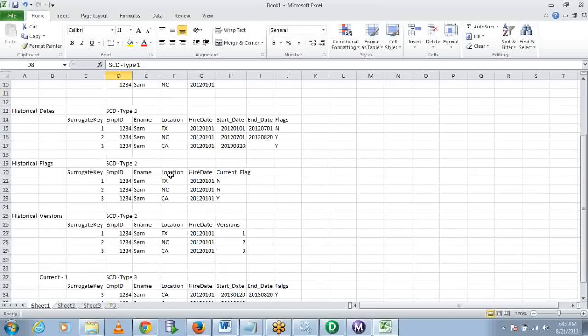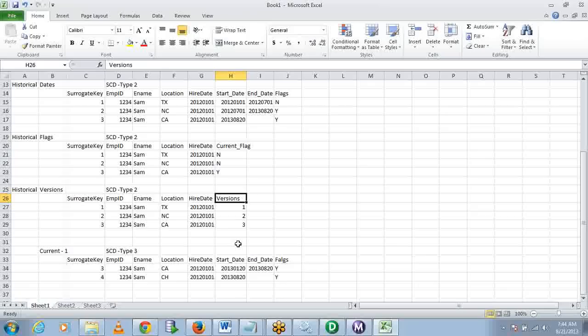Okay, so within type 2 you have three varieties: start date and end date, current flag, and versions. Start date and end date will give you a clearer picture of when the employee started at a location and when he ended it. Current flag will just give you the information of what is the current location of the employee along with all the locations. So whatever is the current location will be flagged as Y, and the rest of them will be flagged as N. Versions, you'll have again a running sequence number which is incremental, so whichever is the max number will be your latest record. All the ones below or less than that number are your historical records. That's type 2. Type 3